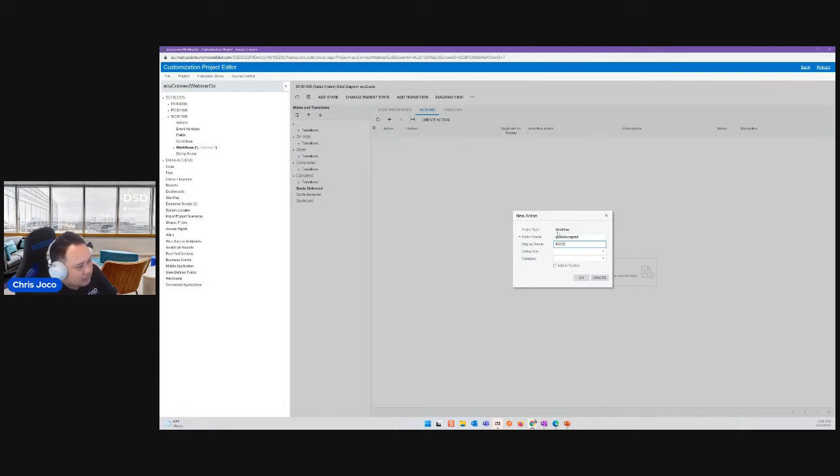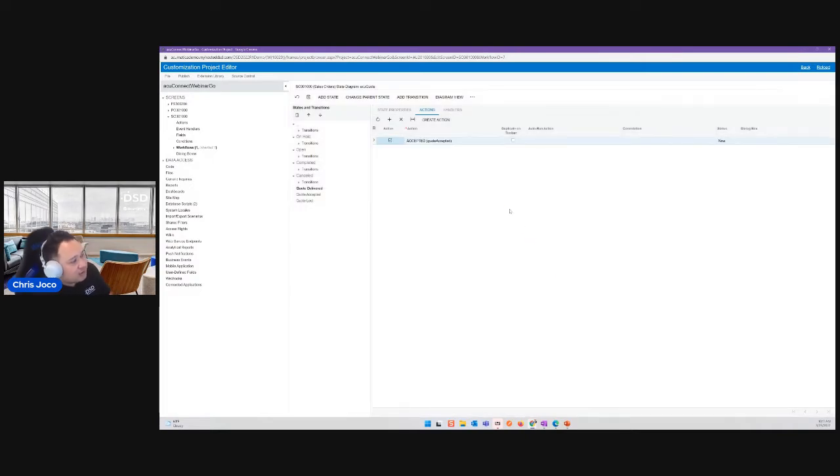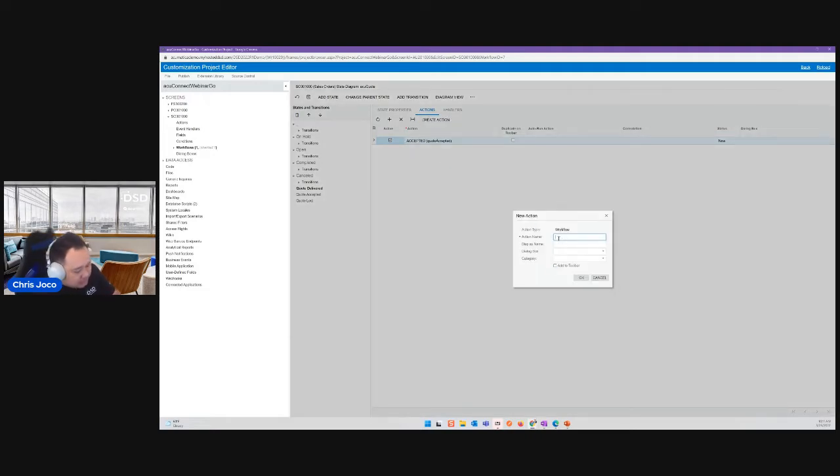Oops, accepted. Gotta learn how to spell here. And then I can put it in as an action, and then I can opt to have this added to the toolbar. So then it'll show up against the top of the screen. So number one, I've created an accepted action, and then I'm going to create an action for when the quote